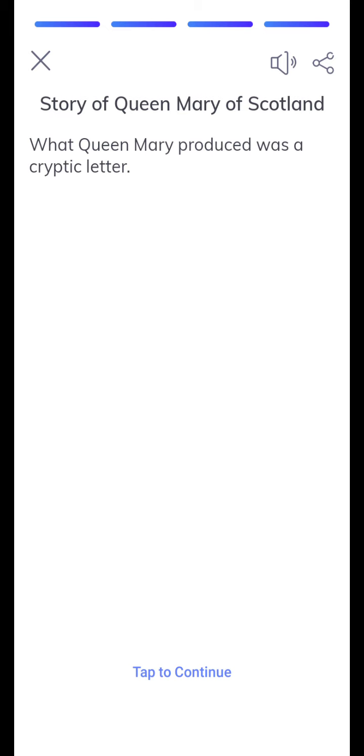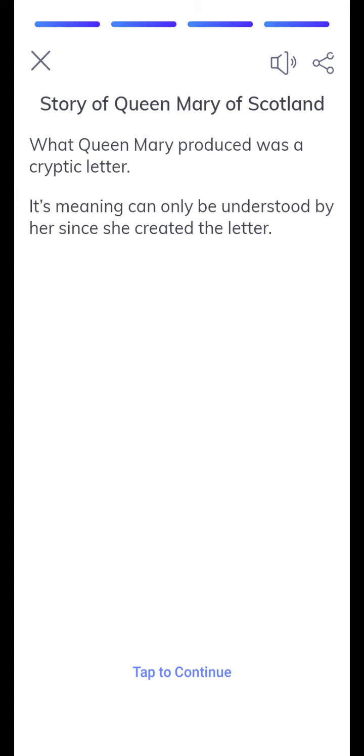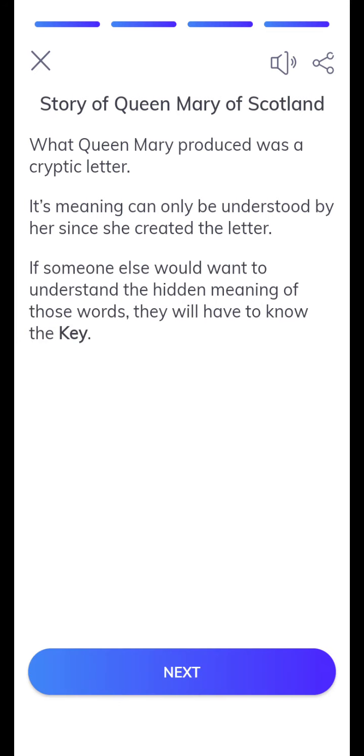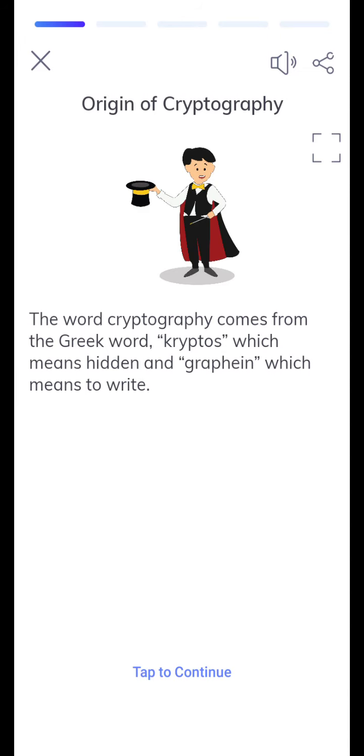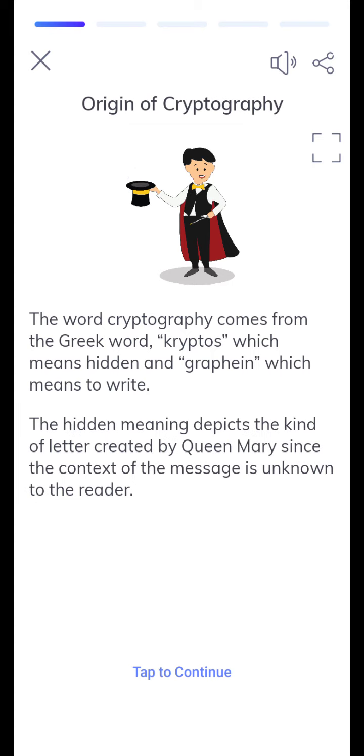What Queen Mary produced was a cryptic letter. Its meaning can only be understood by her since she created the letter. If someone else would want to understand the hidden meaning of those words, they will have to know the key. The word cryptography comes from the Greek word kryptos, which means hidden, and graphein, which means to write. The hidden meaning depicts the kind of letter created by Queen Mary since the context of the message is unknown